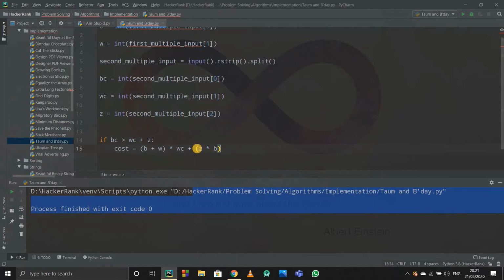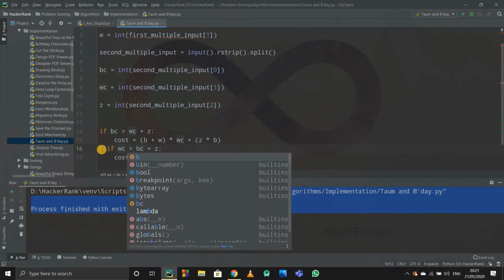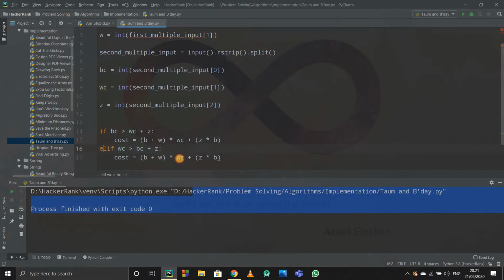So in this way we'll do it, and in the same way we have to do it for white gifts as well. I'll copy this whole thing and paste it. Instead of black gifts we replace it by white, and white by black. This will be the same here, b, and here will be w.